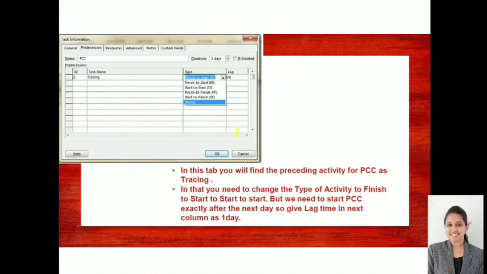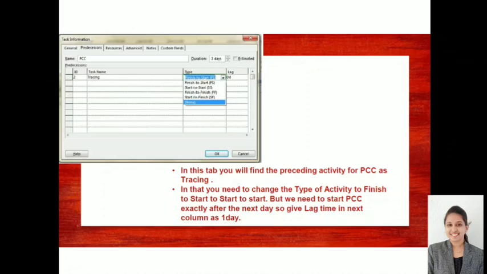Also there is something called lag. If you want to enter the lead time, it will be in minus, which I explained in the previous slide. Lag time you can directly say as 1, 2, 3. If you want to enter lead, you give a minus lag time. That is, -1 will be taken as lead, and if you just say 1, it will be taken as lag. This is how you select your relationship.